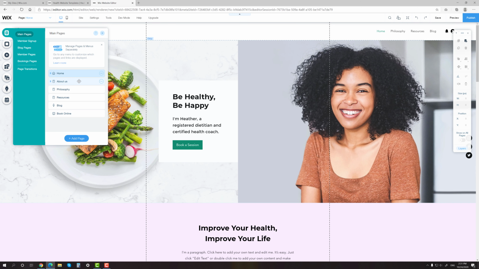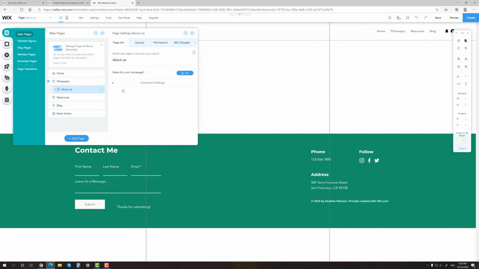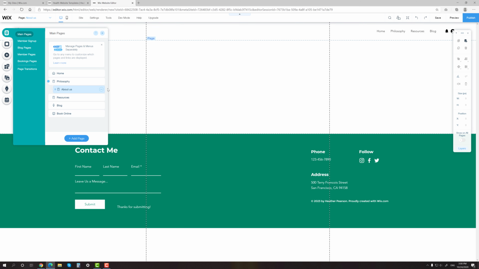To transform any page into a subpage, simply drag and drop it below the existing one. If you want to copy, duplicate, delete or rename a page, click on the three dots icon next to it and choose the option you want. Now let's look at the page settings. You can assign it as a home page, turn off the header and footers display, set the permissions on it, change SEO parameters and social media appearance. That's it for the pages, let's move on.